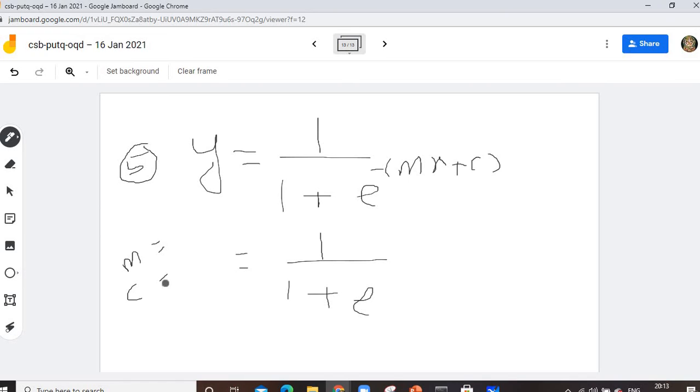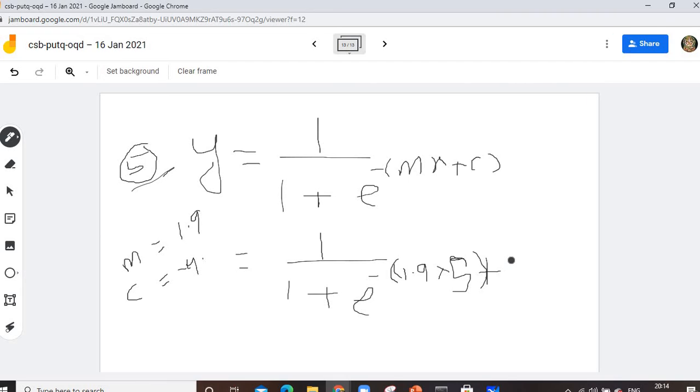For example, I get my m value as 1.9, and my c value as minus 4 point something, minus 4 for example. So what will this calculation be? It will be m, which is 1.9, into x. X means the actual value; I am trying for 5 hours, so x is 5. So 1.9 into 5, plus c, which is minus 4.